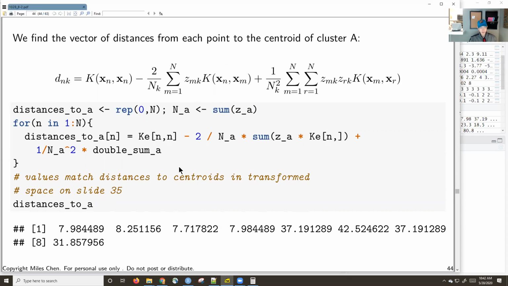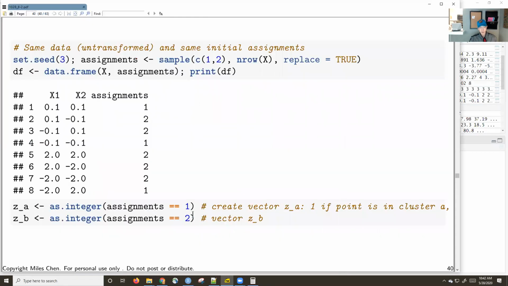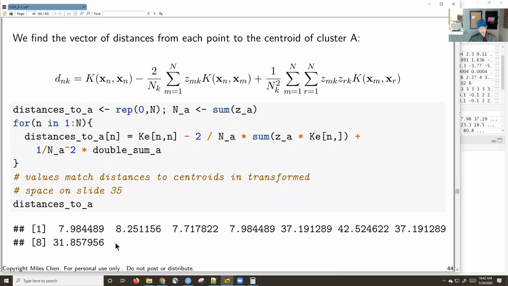And so these are the distances of each value to the centroid of cluster A, based on the assignments of dots that belong to cluster A using that vector Z. So the vector Z is who belongs to cluster A. The assignments are 1. So it's basically just knowing that this point and this point belong to cluster A. I have calculated these distances to A. So look at these values: 7.984, 8.251,